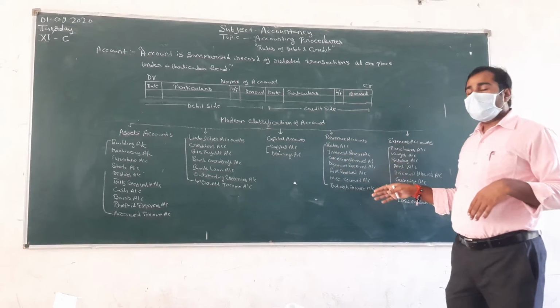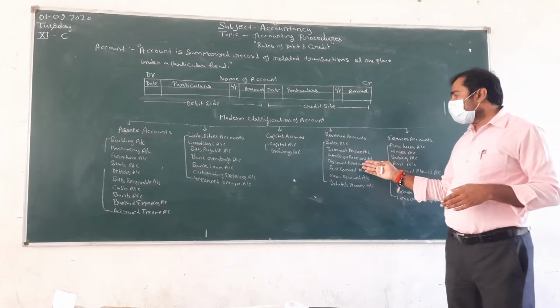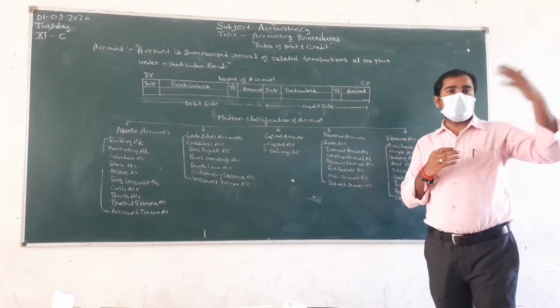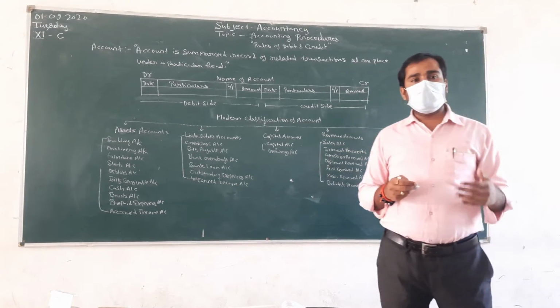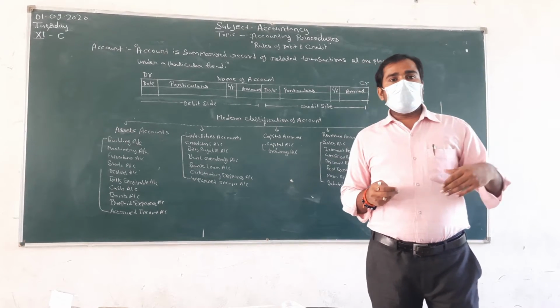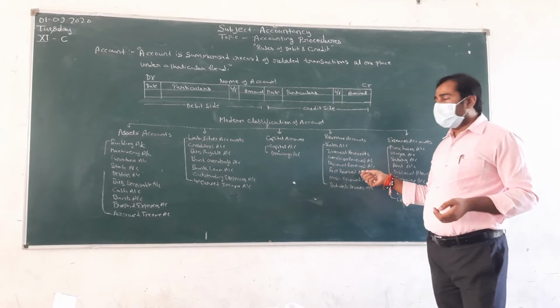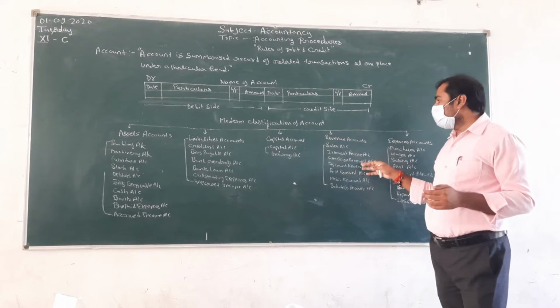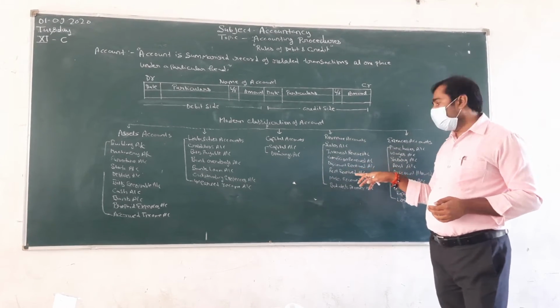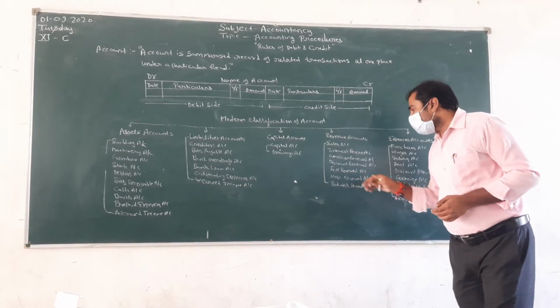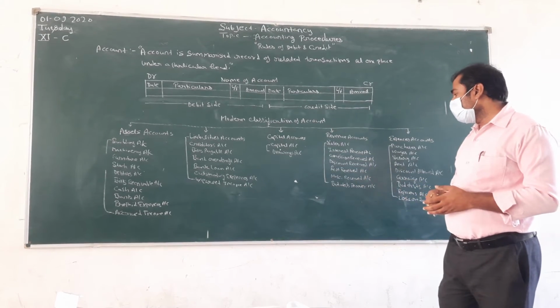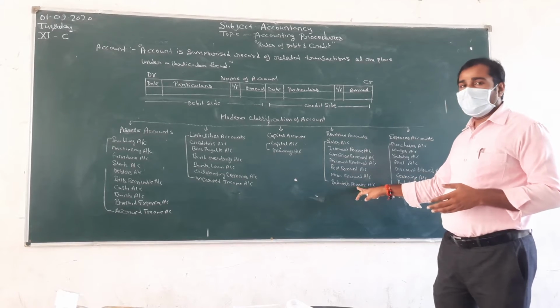Interest receivable account, commission receipt account, discount receipt. Suppose that we are going to make a payment of 10,000 rupees, and if he allows us 500 rupees as a discount, that is to be considered as discount receipt and is to be categorized under the revenue account. The next ones are the rent receipt account, miscellaneous receipt account, and bad debts recovery.